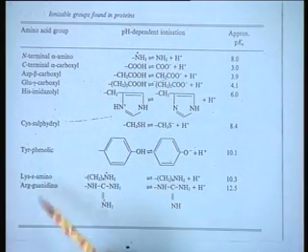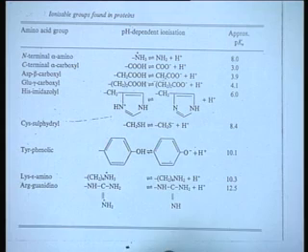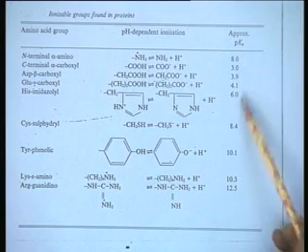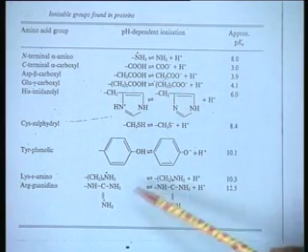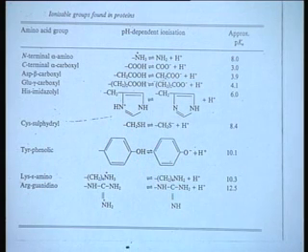A similar situation will be in the case of lysine, for example, when you have more than one basic amino group. Now just to give you an idea of some of the ionizable groups found in protein: it is not only aspartic acid and lysine or glutamic acid that contribute to the ionization state of a protein. There are other amino acids, particularly histidine, cysteine or tyrosine, that also have ionization behavior, and their approximate pK values are indicated here. So essentially the net charge on the protein will depend on the ionization state at a given pH of